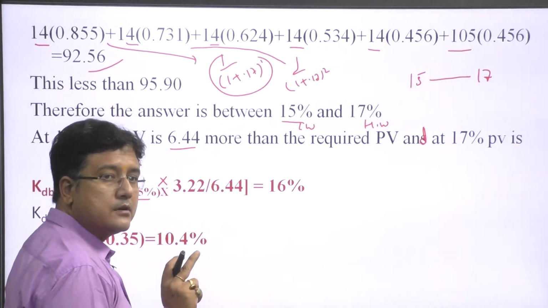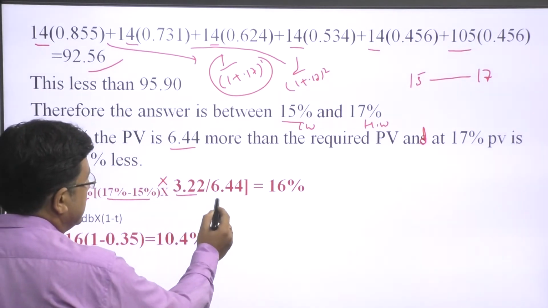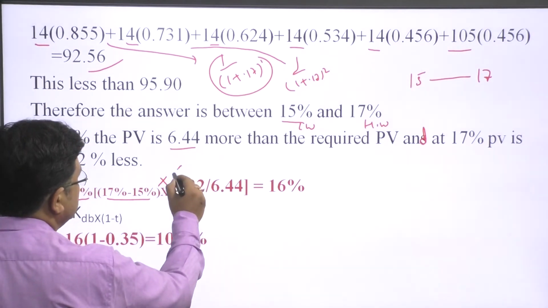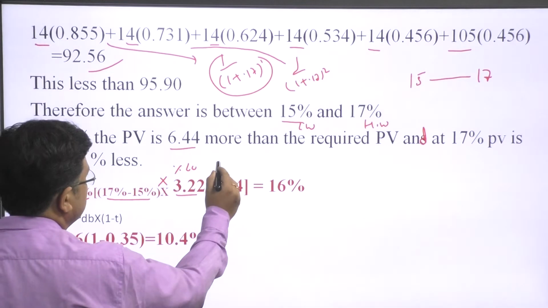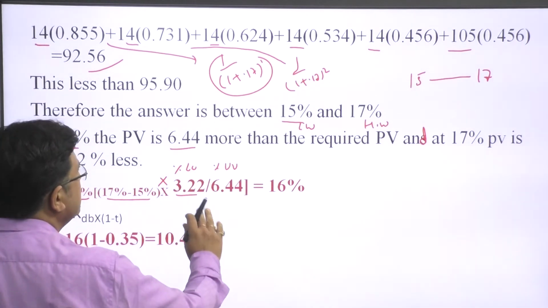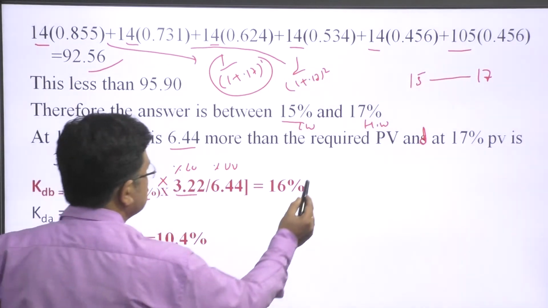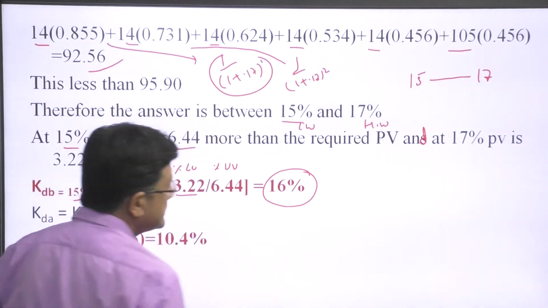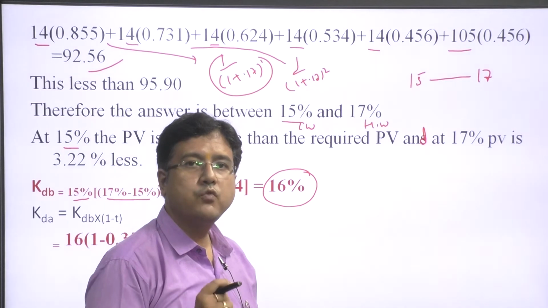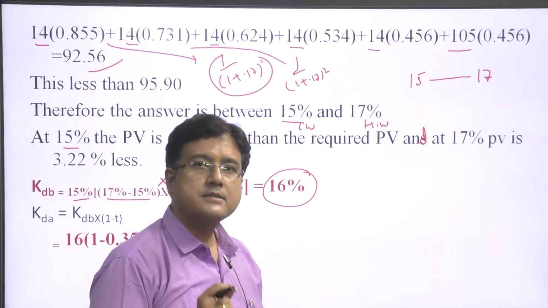So we put this change percentage here and divide by the lower value percentage change minus the upper value percentage change. 3.22 divided by that gives the answer 16%. Therefore, by the hit and trial method we are able to find that our cost of debt is 16%,